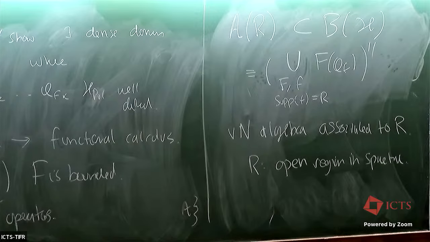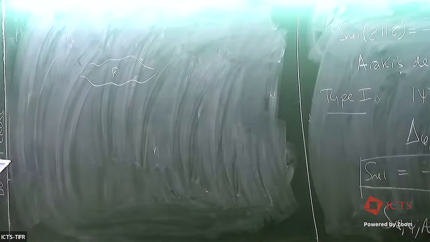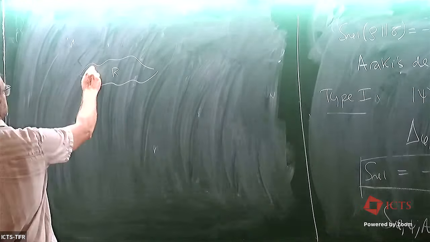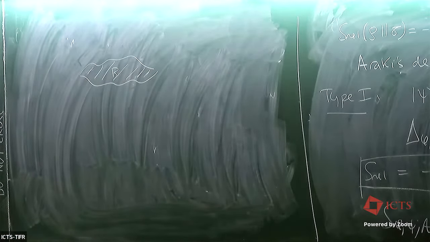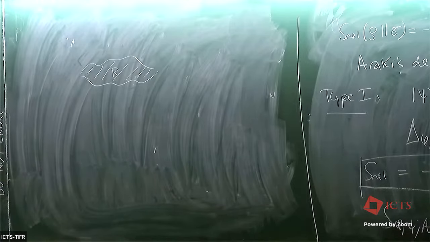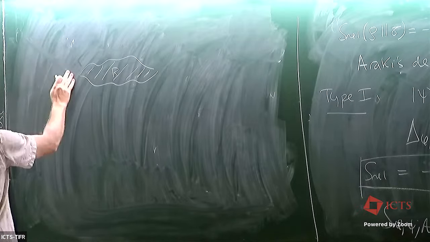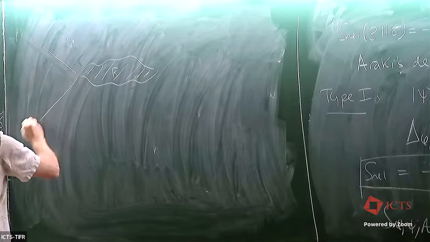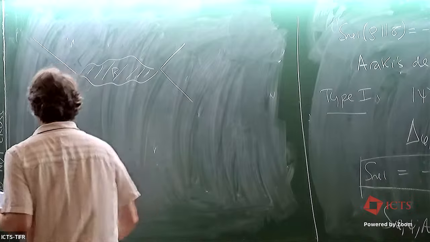Okay, so let's draw a region. So we have our region called R. This is some space-time region. And so I have some algebra of operators associated to that space-time region. Now, there's something I can associate to this set, which is a little bit like the commutant, so it gets the same symbol. But it's everything that's space-like separated to R. So everything that's space-like separated to R, I'll call